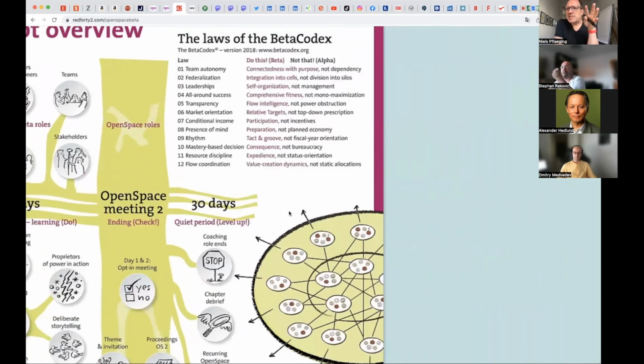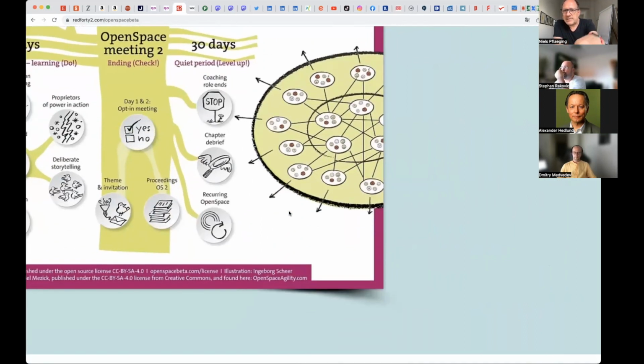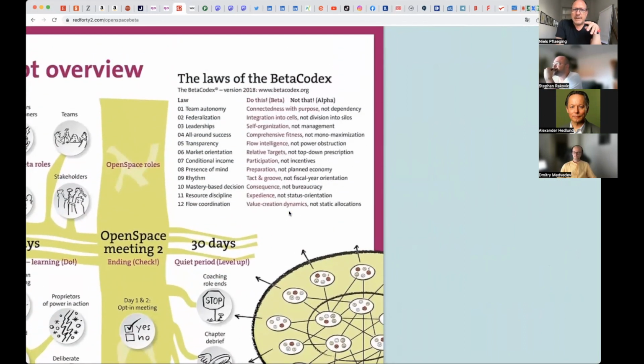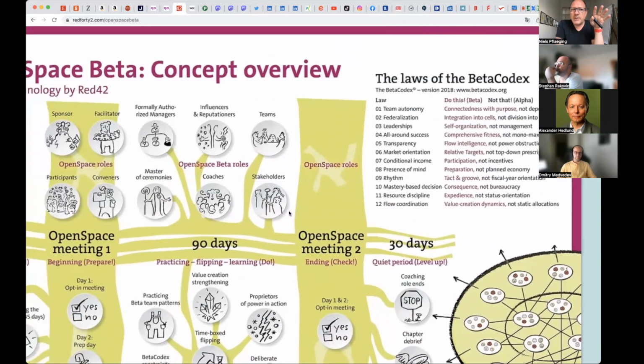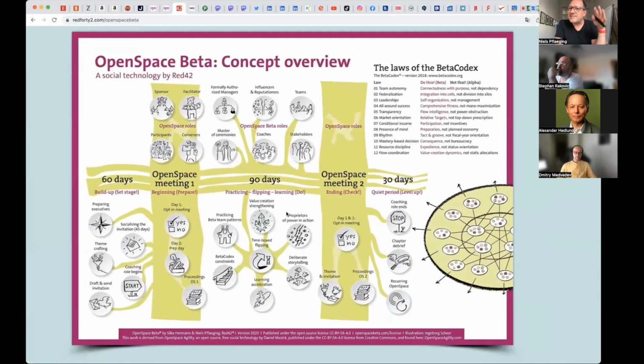Remember that I briefly mentioned cell structure design? The other concept, cell structure design, is how to create this kind of structure that you see here, the green structure with the bubbles, the cells as we call them, in the center and the periphery. Any organization undergoing transformation with OpenSpace Beta will adopt this kind of decentralized cell structure design. Small teams, approximately 7 people large, and they will have this whole network, and teams in the periphery are in charge and can make a profit. The center cannot make any profit, and so on. The center serves the periphery so that the periphery can serve the external client. Okay,